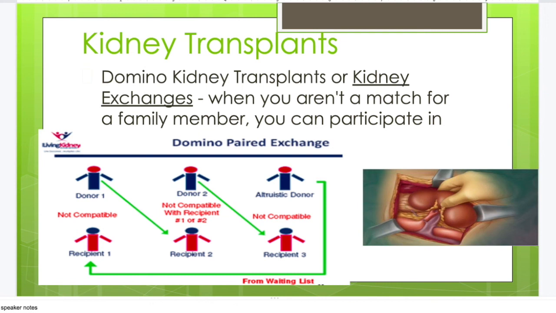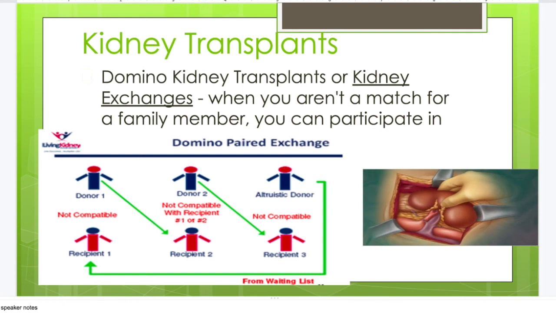What actually happens is something called a paired exchange, or a domino transplant. So if we have somebody that gets tested that is a match, or somebody that's willing to donate to my mom, in this example it could be for anybody, but let's just say in her case, because we're hoping it happens soon,